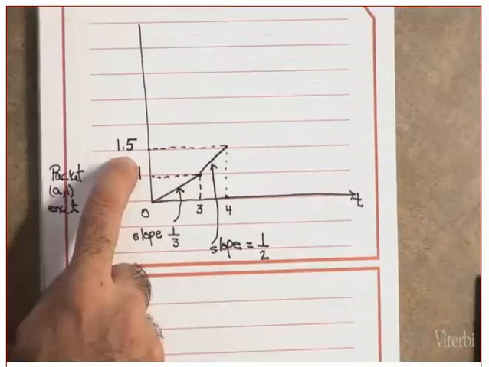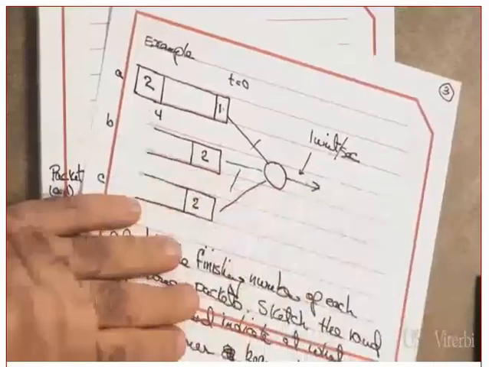Did you answer where the 7 came from? From here to here is how much? 1.5. And from here to here, how much? Well, this guy is what? Is 1. Yes? When will the server be idle? Server will be idle at t equal 7. Which server? When I say server, which server? The GPS, yes or no? Cannot hear you. The GPS server.